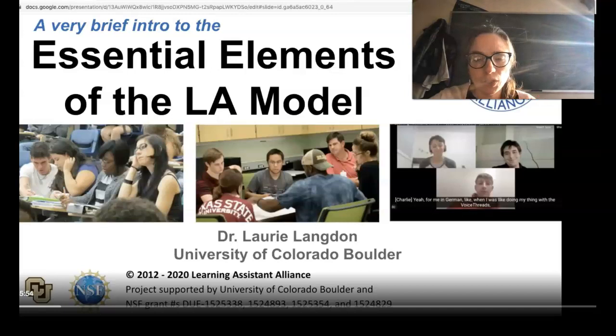It's going to talk about the essential elements of practice, a pedagogy course, which is what this course is, and weekly meetings. If you're not a learning assistant, it's still really good for you to understand the elements of this model and be able to think about how the ideas of active learning and constructivism that we've been talking about would lead to this type of program. So it's still really good for thinking about teaching and learning, even if you're not in LA. If you are in LA, this will really help provide some more introduction and foundations into what the program is about.